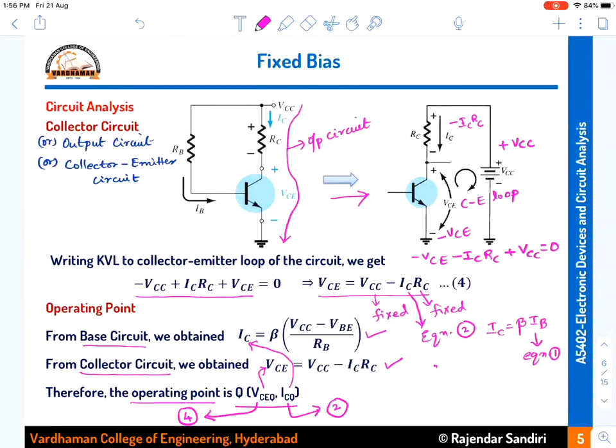Or sometimes IC and VCE will be given, and you are asked to calculate RB or something like that. Then also you will be able to do it. Everything here is applying KVL to the input circuit and KVL to the output circuit. So you need not remember these formulae of IC expression and VCE expression. You can just take the circuit diagram given in the problem and apply the KVL there itself to the input circuit to get the base current. Then you can calculate the collector current and apply the KVL to the output circuit.